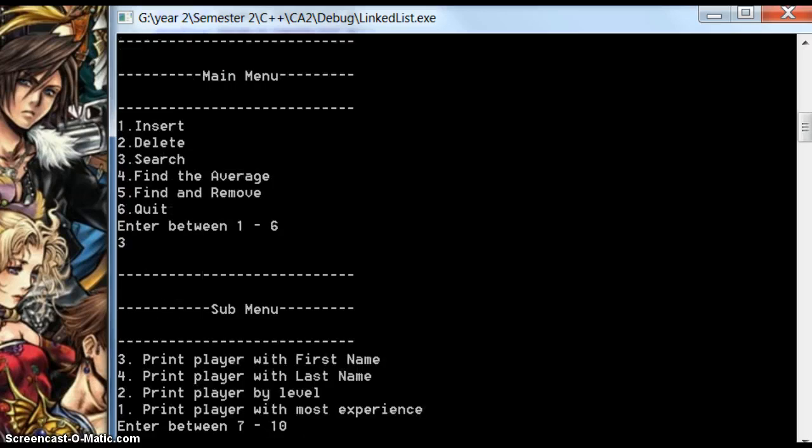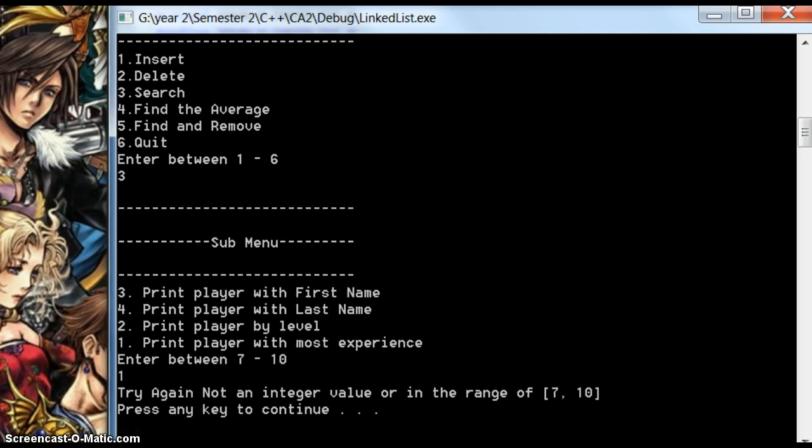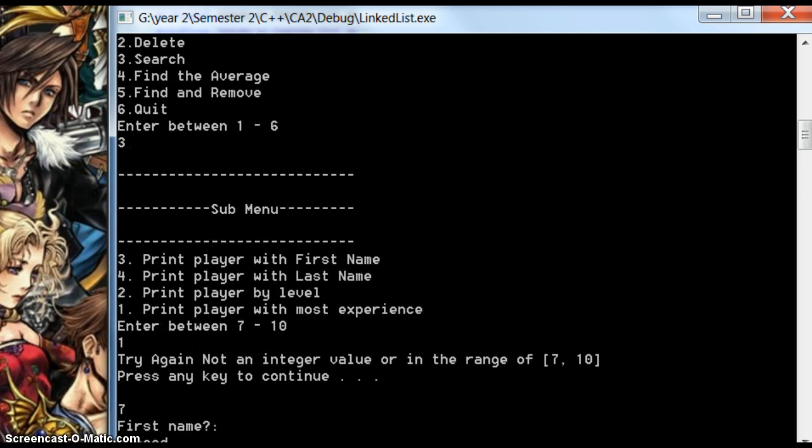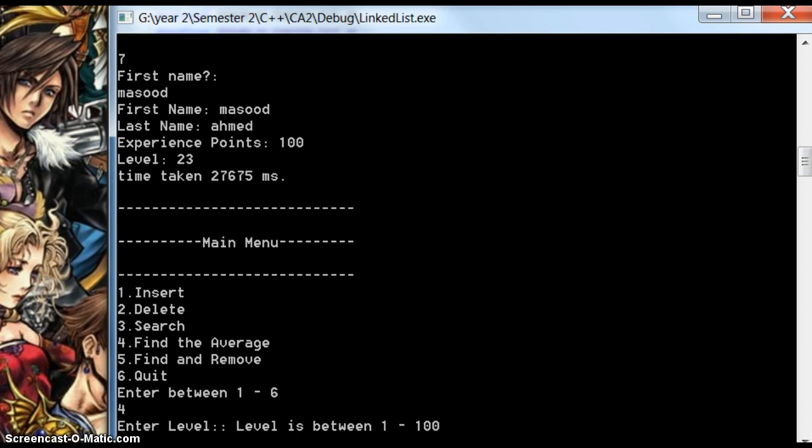And the search function has a sub menu with different types of searches. Search by first name, and here you can see it prints out whatever you searched for. And let's see if we can go to average, enter level